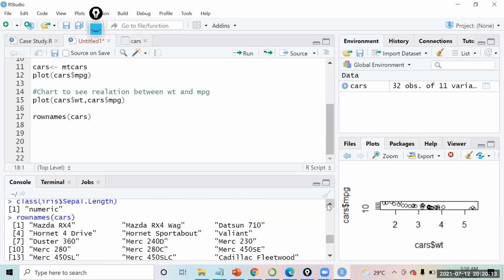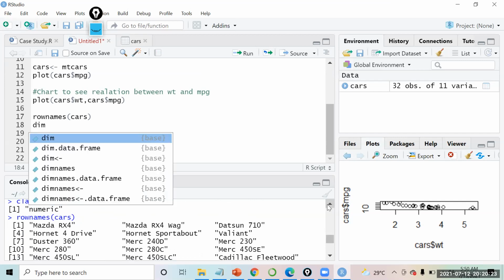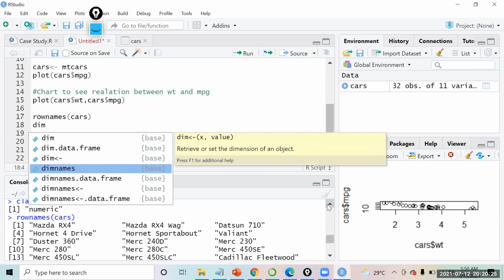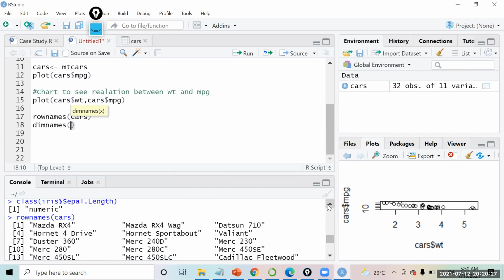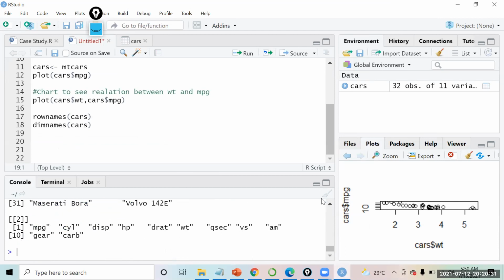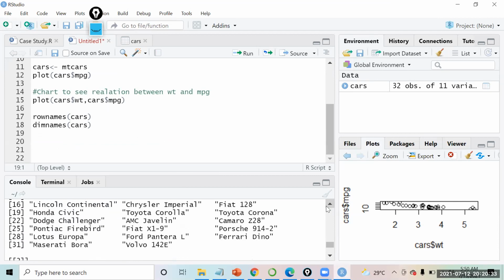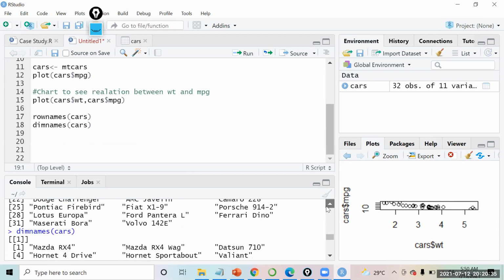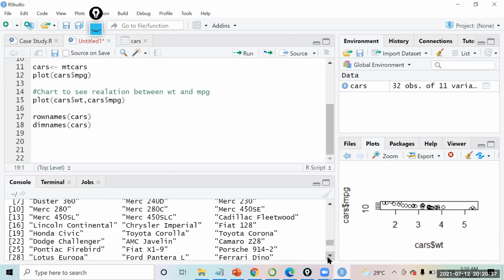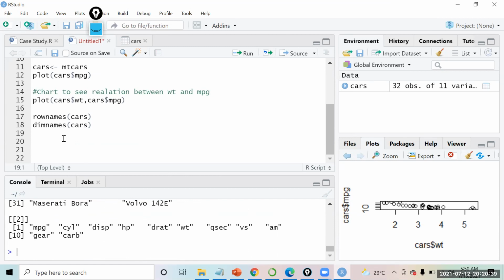Oh, the dimnames is for the columns, is it? Dimnames is everything that you have, the rows and columns. So dimension means rows and columns. You get the car names as row names and the column names also in dimnames.